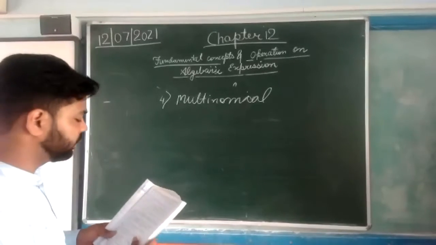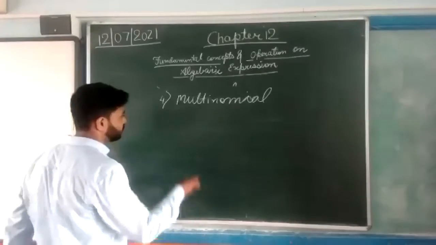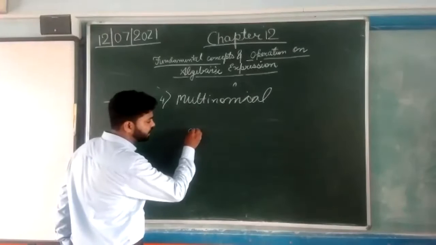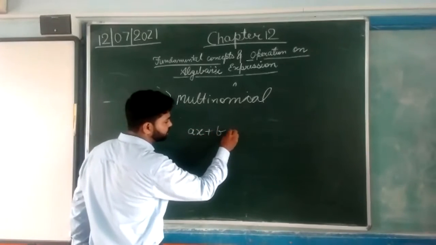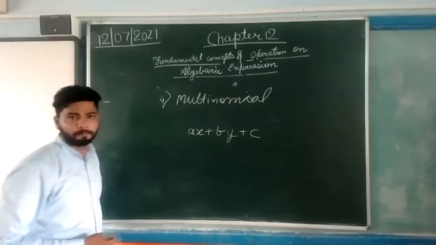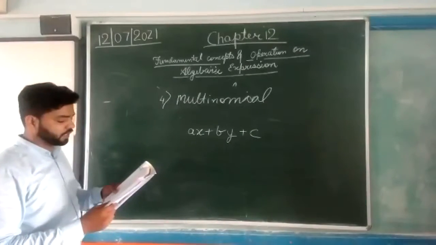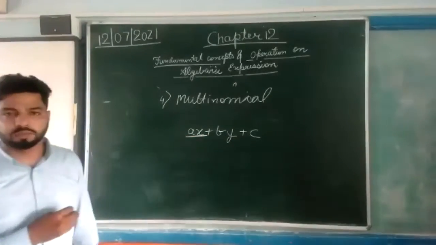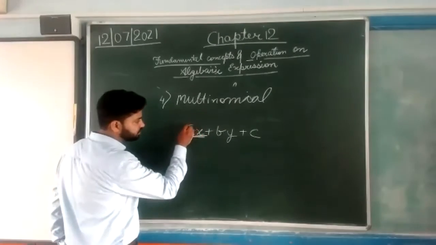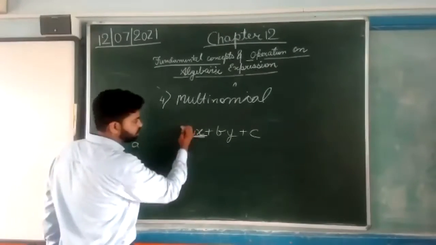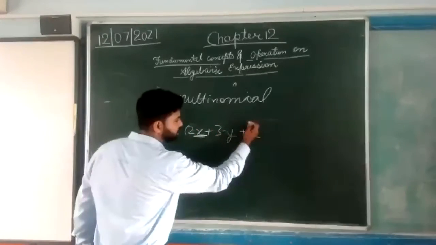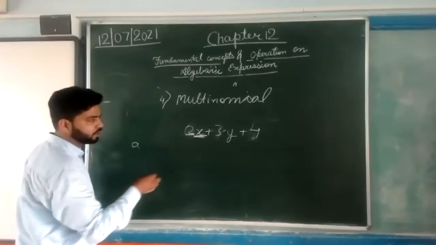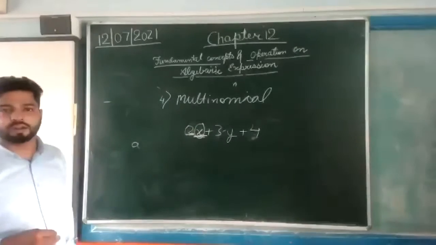Now, come to some common errors and important facts. Before doing this, look here. We have the general expression ax plus by plus c. Each term has 2 factors. For the first term, a is a constant value, let's suppose it is 2, 3, or 4. This is our constant factor, and the variable one is called the literal factor.